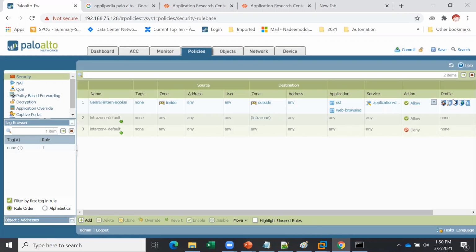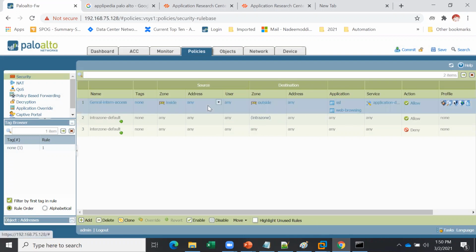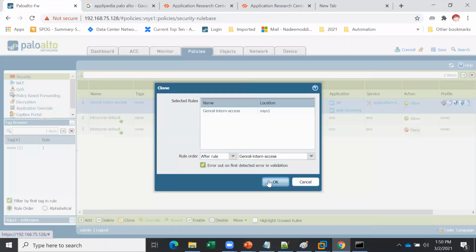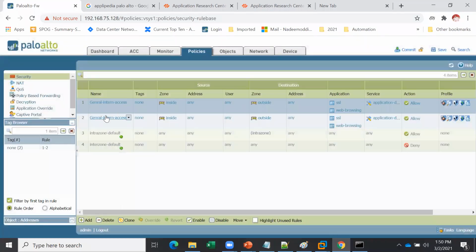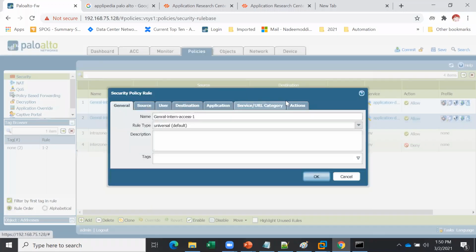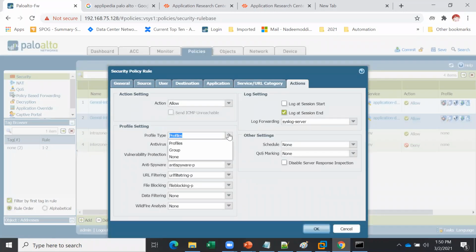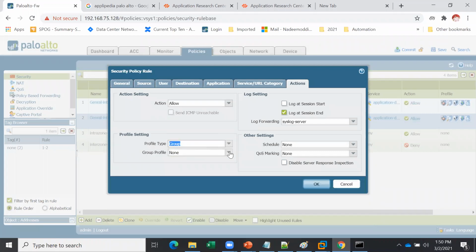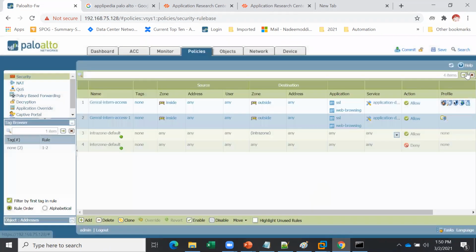See, now you created a profile here. So similarly, if I clone it, instead of picking the individual profiles, I can select a group, and I will attach this one here. So see, these two rules are the same, because instead of adding all of this individually, I can attach this one. So you have an option. If you want to use only a single thing, you can use that single profile, or if you want a global group, you can use the group. So guys, this is called a next generation security profile.